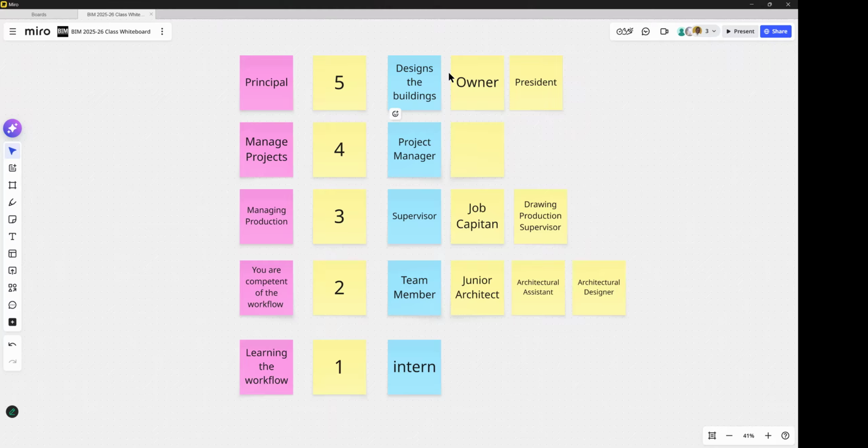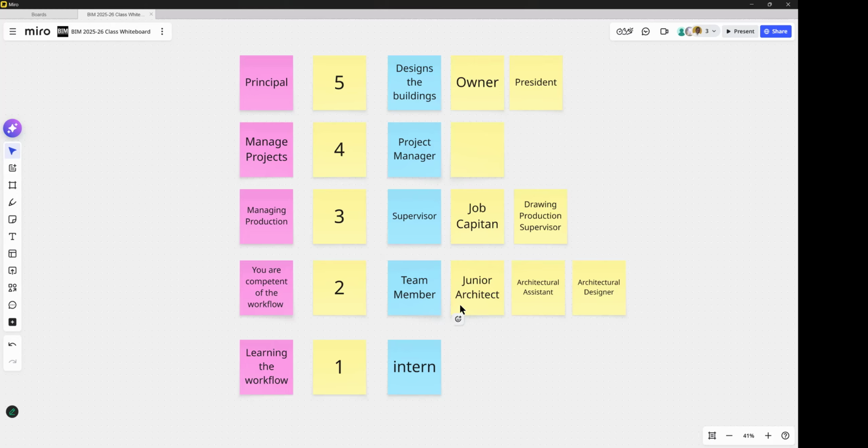So we can see that the principal designed the building, then hands it off to the project manager. The project manager talks with the client, and maybe only if the client is upset, or something that requires damage control, then it might go back to the principal. But pretty much the project manager will speak to the client.